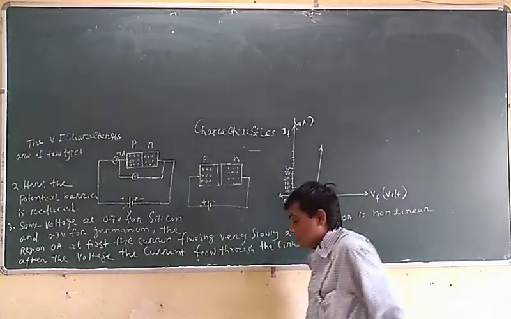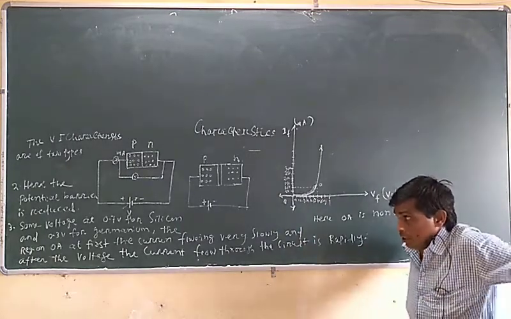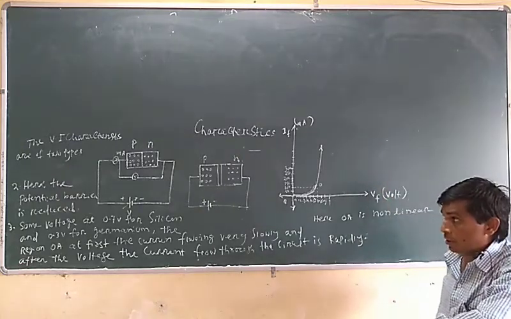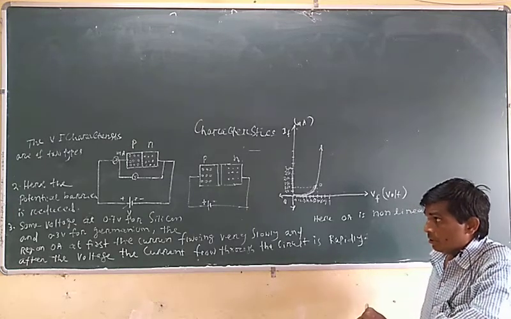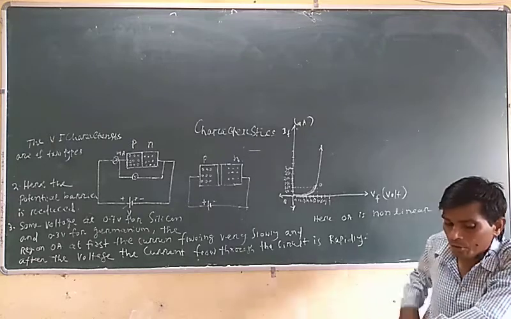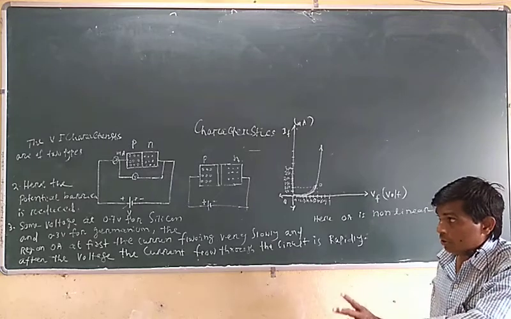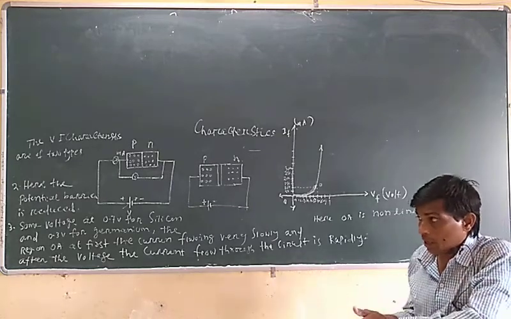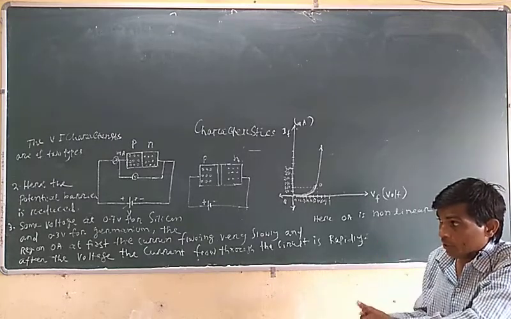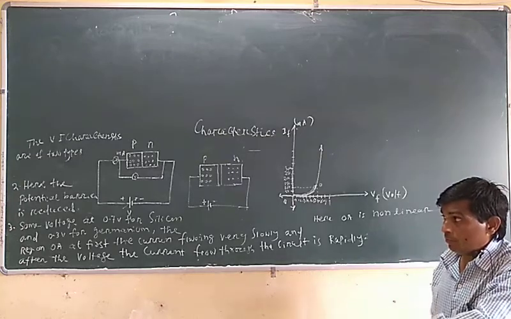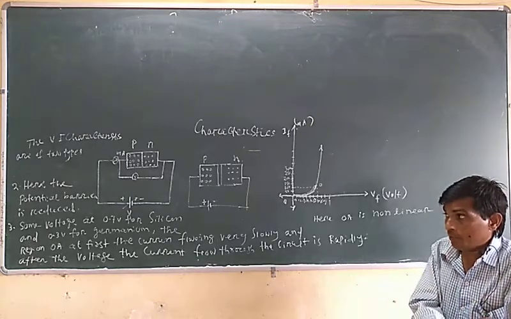The reason is that when we apply a positive voltage to the holes and a negative voltage to the free electrons, these are the majority charge carriers of this PN junction diode. The holes are the majority charge carrier of a P material and free electrons are the majority charge carrier in N material. When we apply the positive voltage of a battery to the P material and the negative terminal to the N material,